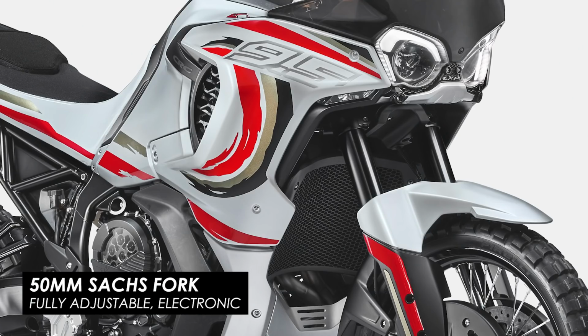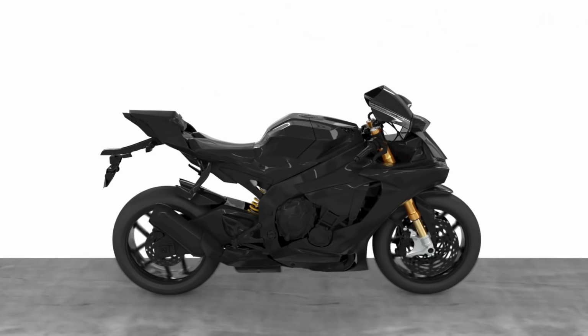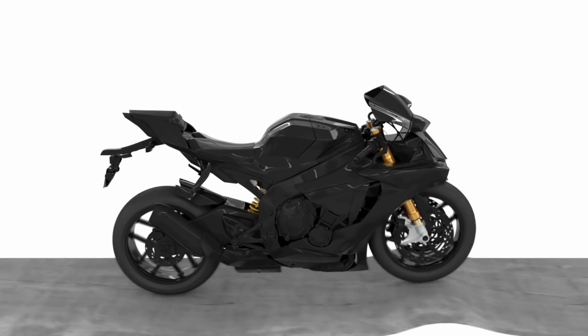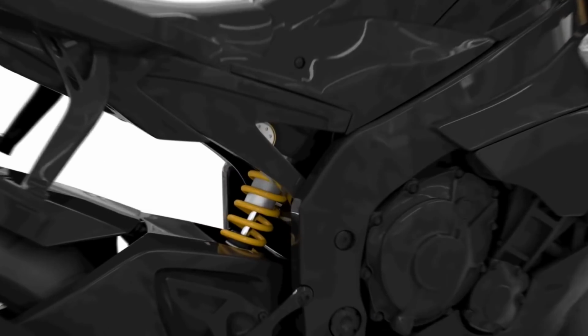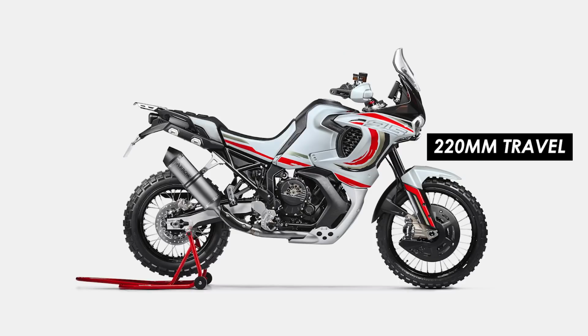Take the suspension for example, you get a 50mm upside down Sachs fork, but it's fully adjustable using electronic adjustment. There's also an electronically adjustable Sachs monoshock, but there's no word on whether it'll be semi-active, so reading the riding conditions and riding style, or whether you can just choose from a few presets through the TFT and the switchgear. There's 220mm of travel at the front and 210 at the rear, so a reasonable amount should you wish to